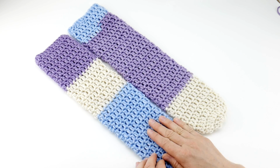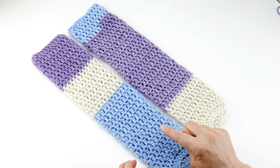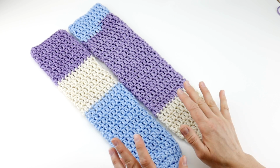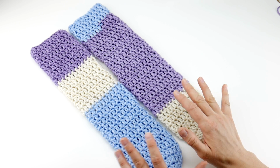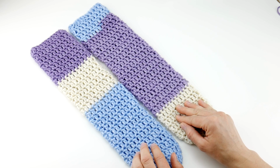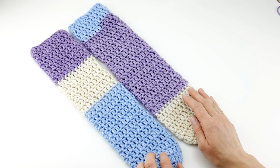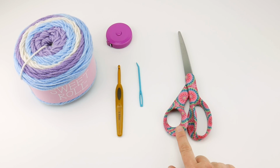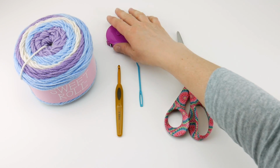They're about 16 inches tall and about 8 inches in circumference. And I'm going to talk about the hook and the yarn weight, but if you want them to be heavier or chunkier or lighter, you can go up and down in the hook size and the yarn weight to make them bigger or smaller as well. So let's get started. For this project, you'll need a pair of scissors, a tapestry needle,